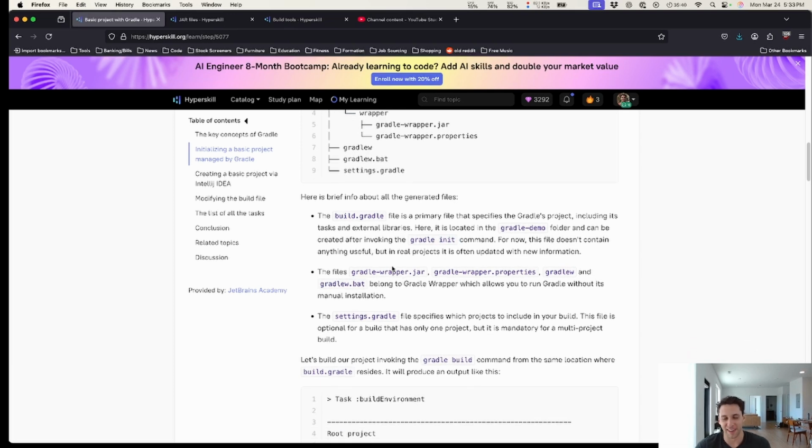Here's a brief info. The build Gradle file is a primary file that's